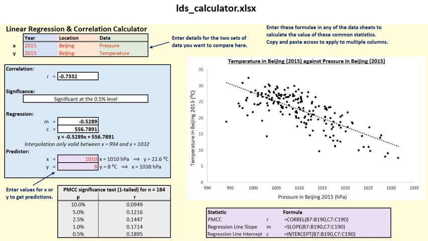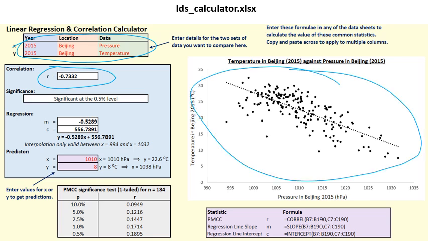This is essentially the large dataset, but with a bonus sheet added on the beginning that lets you quickly and easily analyze data in different ways and pick out some general trends. This is the linear regression and correlation calculator. You can choose what data you want to investigate. All you need to do is change the values in this table up here. You'll be given the correlation coefficient, so you'll be able to see from the number how the data on the graph fits with the line on the graph. You can also see the gradient and the y-intercept in here,